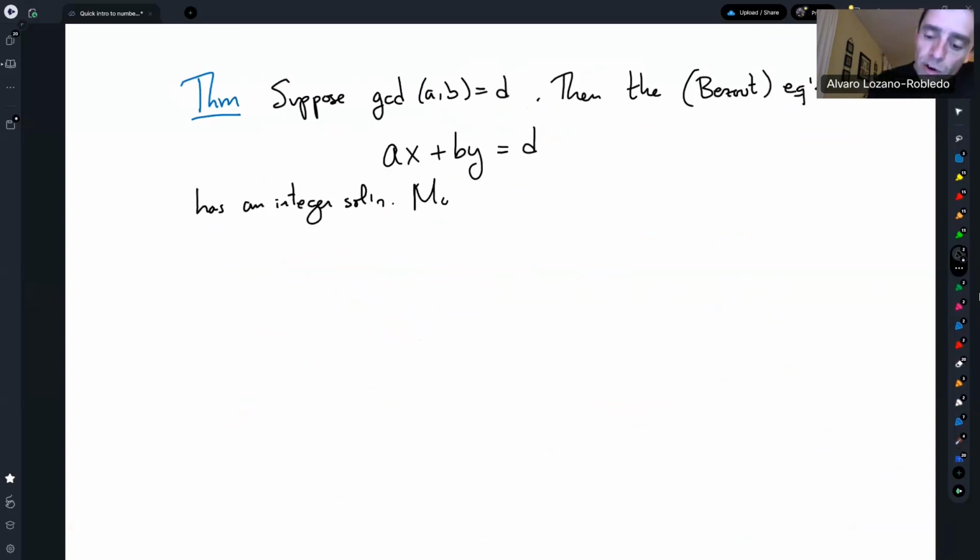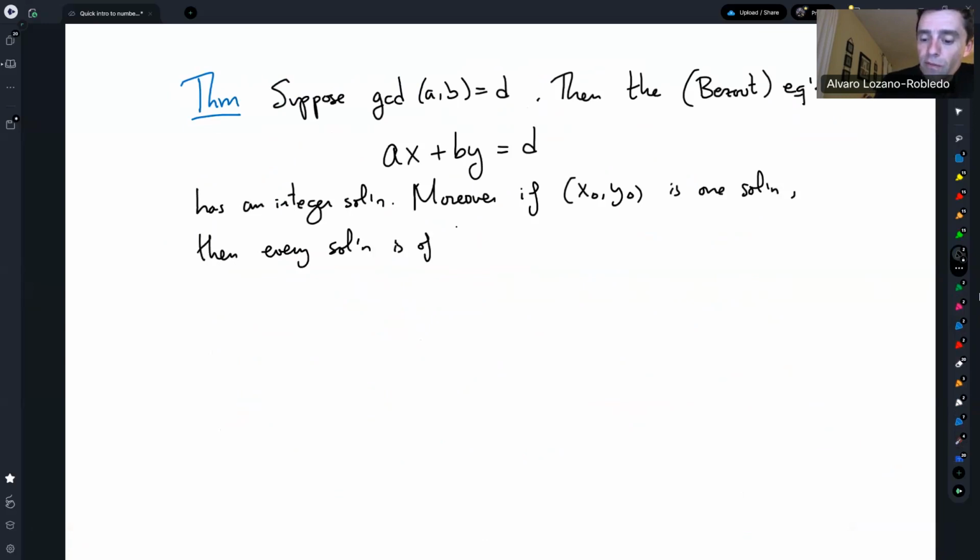And moreover, if x0 and y0 is just one solution that we found, say using Euclid's, then every solution is of the form,